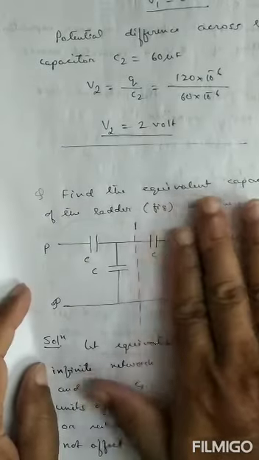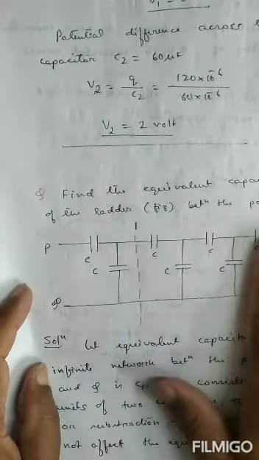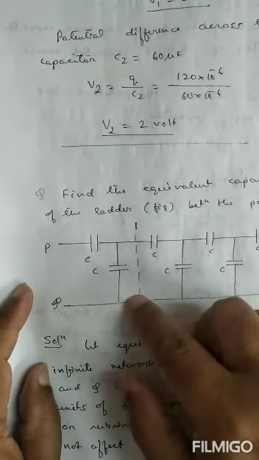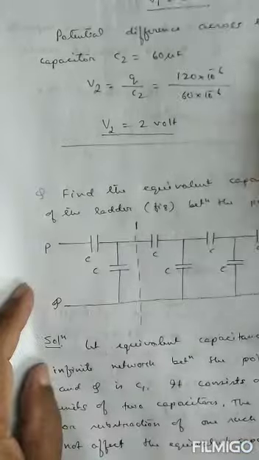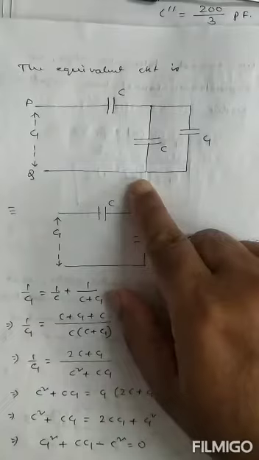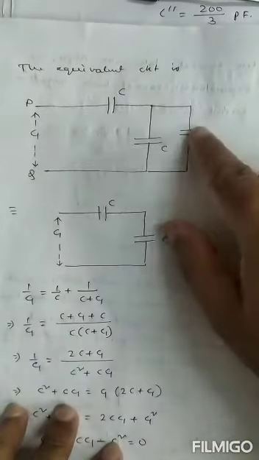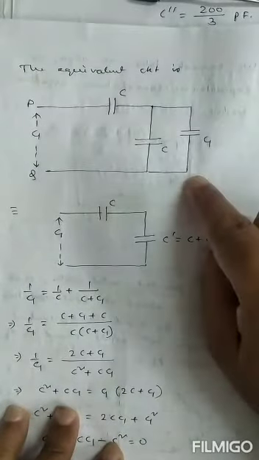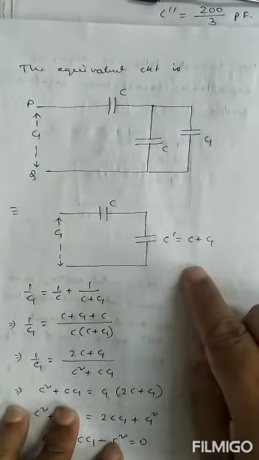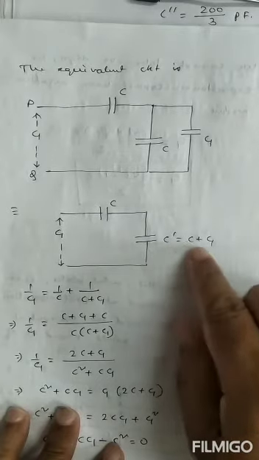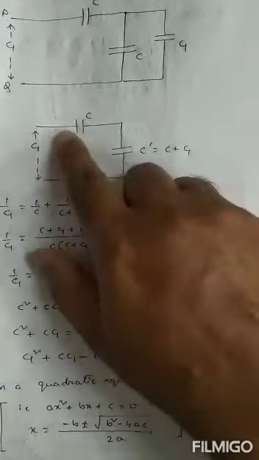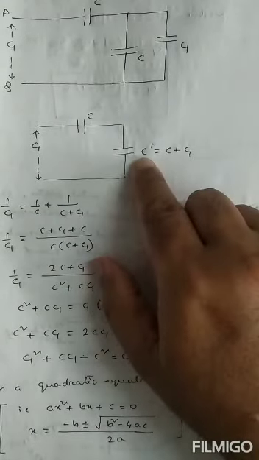Therefore, instead of writing this part, a C1 capacitance is connected in parallel to C. So this is the equivalent circuit. This is C1. I remove this part, and instead of that part, I write C1. This C and this C1 are in parallel. Therefore, what is their equivalent capacitance? C plus C1. Okay? Now, this C and this C plus C1, they are in series.